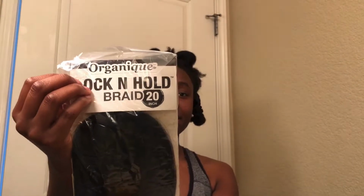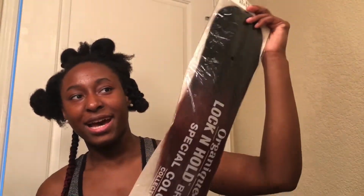I literally found this hair under my bed. Y'all know the hair stores are closed right now, which is tragic, because that's an essential need. What's going on? It's by Organique. It's literally ombre hair. Yeah, cute. So I have a few bags of those. I'm also gonna be using some Shine and Jam, just something to part my hair with, and then for my braids, I'm gonna pick off about